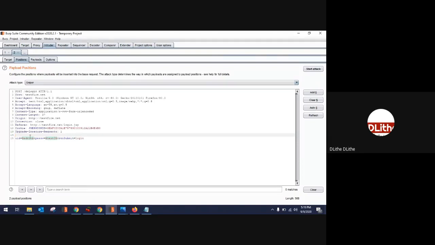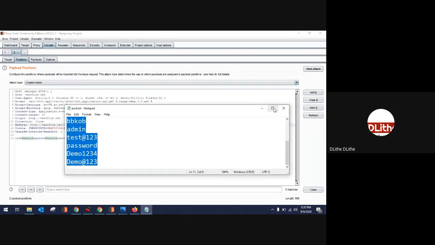Secondly, add the password the second time, and make sure you're using cluster bomb, because here you will be requiring two word lists, isn't it? You'll be using two word lists, one for username and one for password. Let me use another